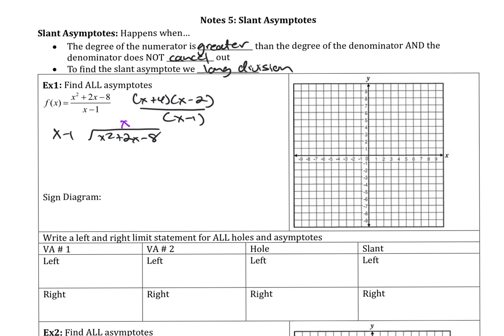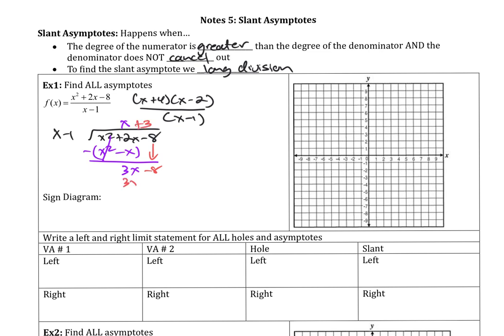So we're going to multiply by x, and then we get x squared minus x, and we now subtract that. When I subtract, x squared minus x squared is going to cancel out, and then 2x minus a negative x is going to become a 3x. We're then going to bring down our 8, and now I'm looking at my x and my 3x. I want those to be the same, so to make them the same, we're going to multiply by a 3,